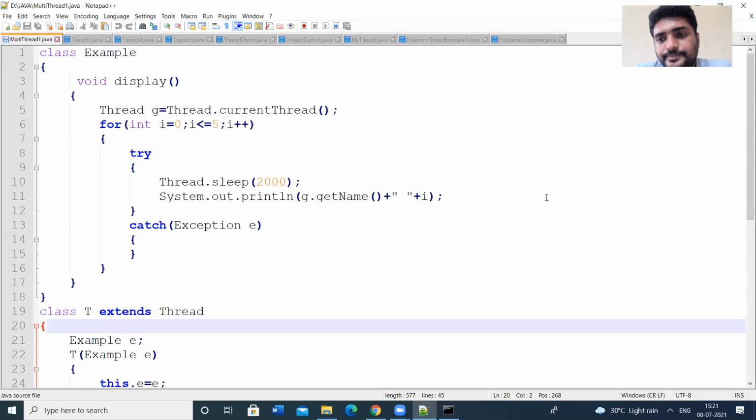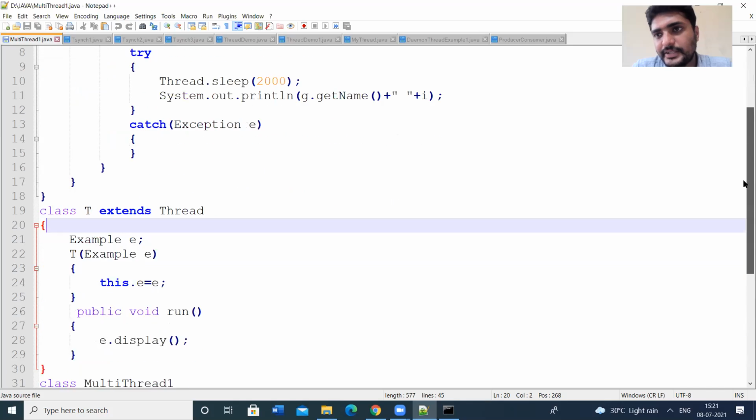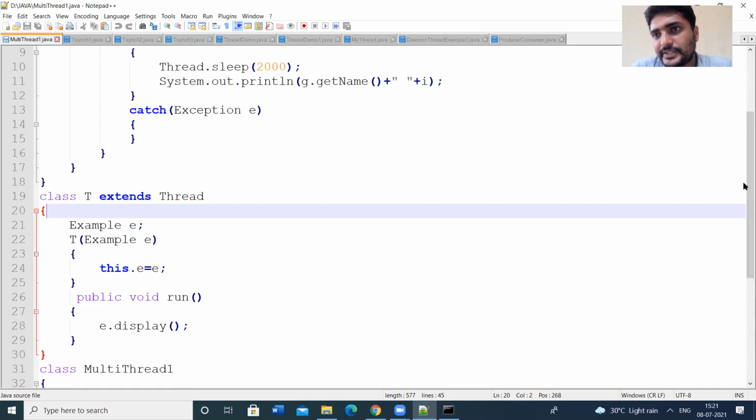So this one. See this program: multi-threading and multiple threads. The meaning of a multi-threading program is that multiple threads can run at a time. That is multi-threading. You know the creation of threads by using the Thread class, and by using the Runnable interface you can create the threads.